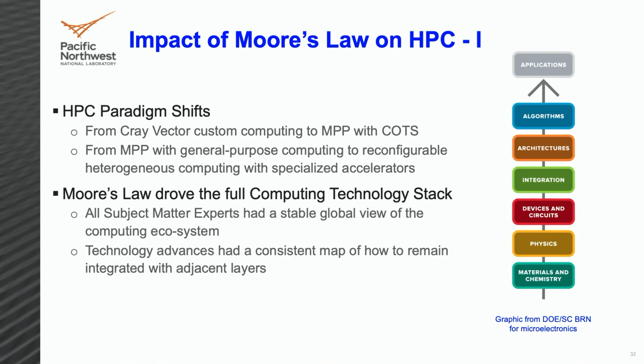The impact of Moore's Law on HPC. I basically started my career in HPC when we were seeing Moore's Law bring about the end of Cray vector supercomputers. And really, at that point in time, developing custom processors, custom memory, custom systems took too long, and performance would be overcome by just the natural progression of the commodity computing world when we were benefiting from Moore's Law and Dennard